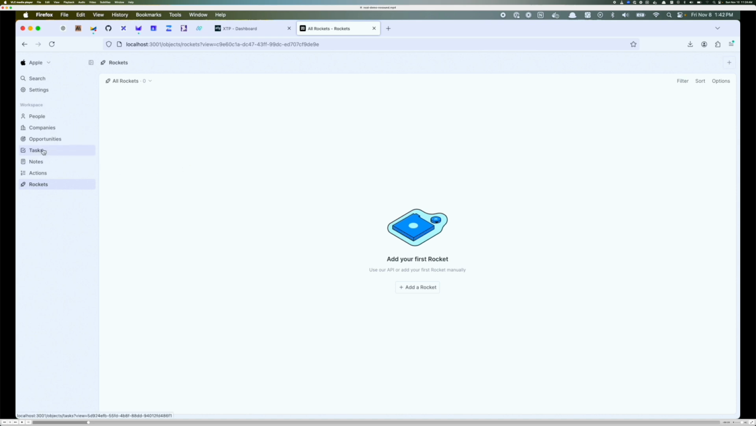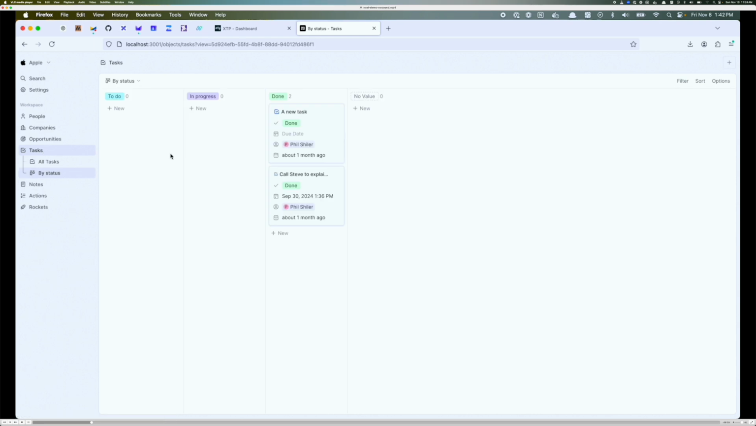So I'm going to look specifically at this task thing, and we're going to build some custom logic for tasks. Tasks are just objects in Twenty, but you have this Kanban style view, and you can create tasks and you can move them around. So we're going to come up with some requirements for what should happen at our company when people move tasks